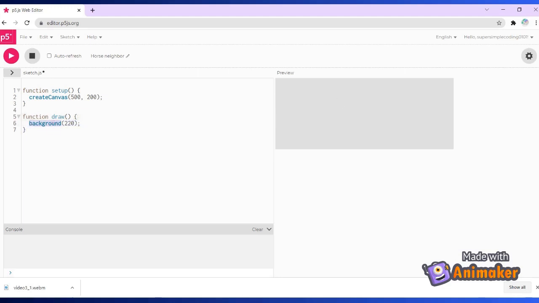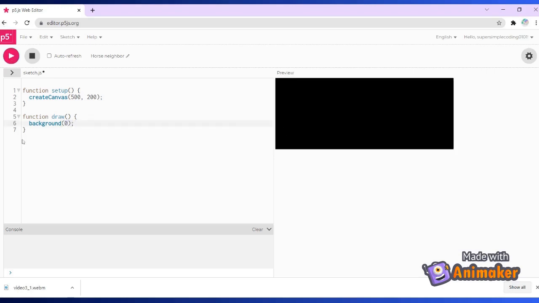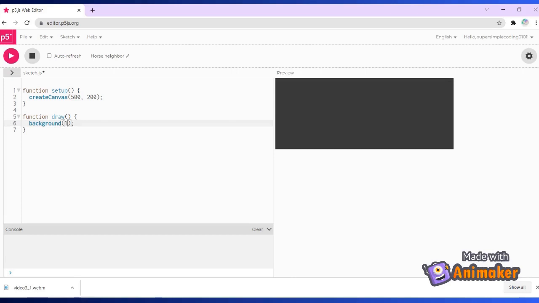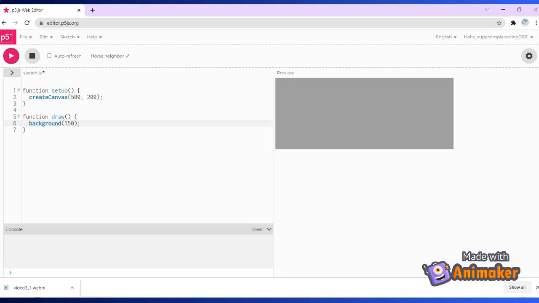Background function sets up the background color for the canvas, but that's a number and not a color name. How does that work? Well, let's change it to 0. Well, we got pitch black, and now let's write 255. So we got white color, and anything in between will give us a shade of gray. For 50 it's dark gray, for 150 it's light gray, and so on. We can also write a color name inside these small brackets. The words are always written inside quotes. Most of the common colors are recognized by p5.js.